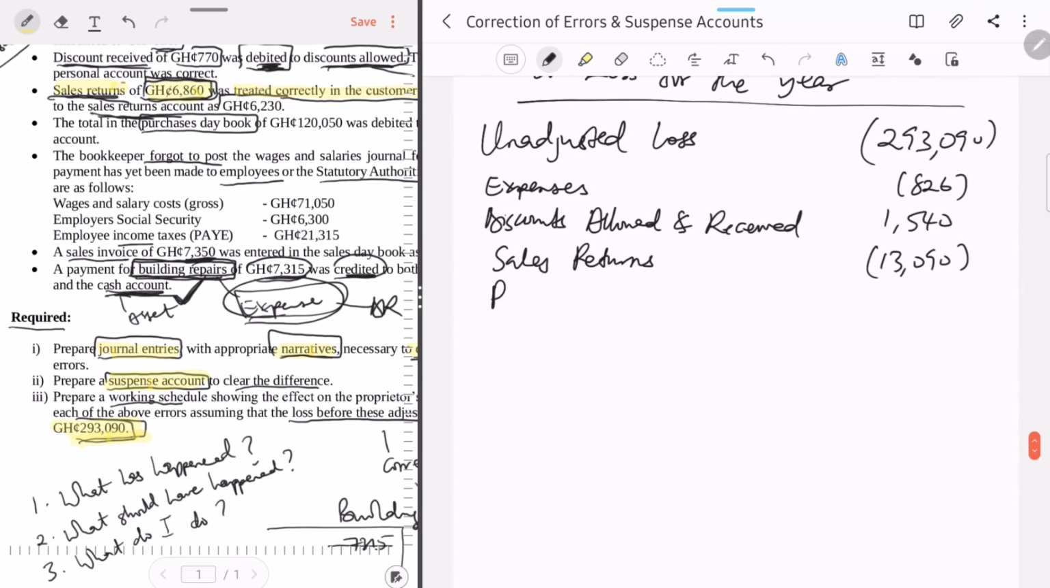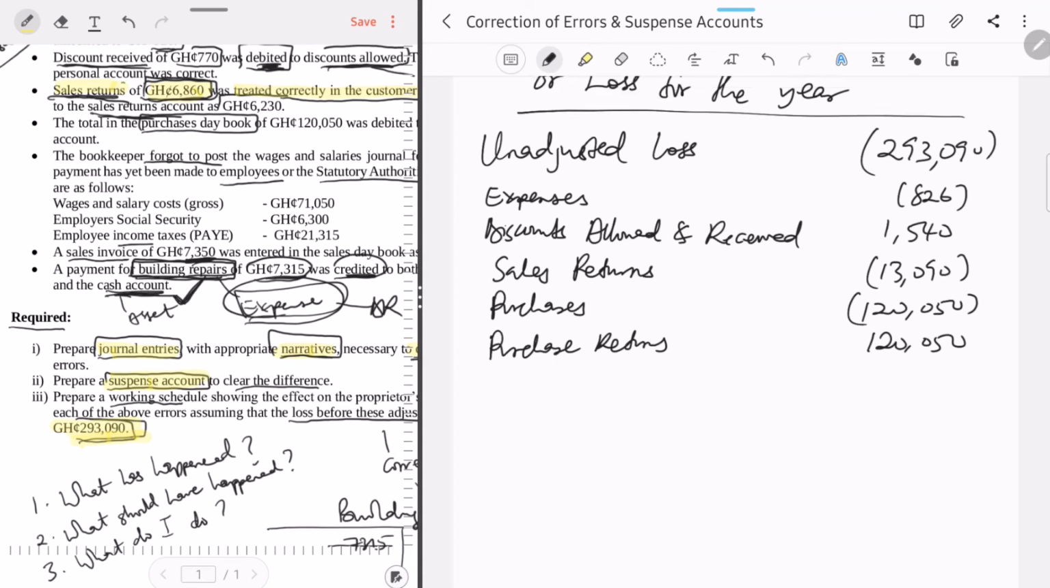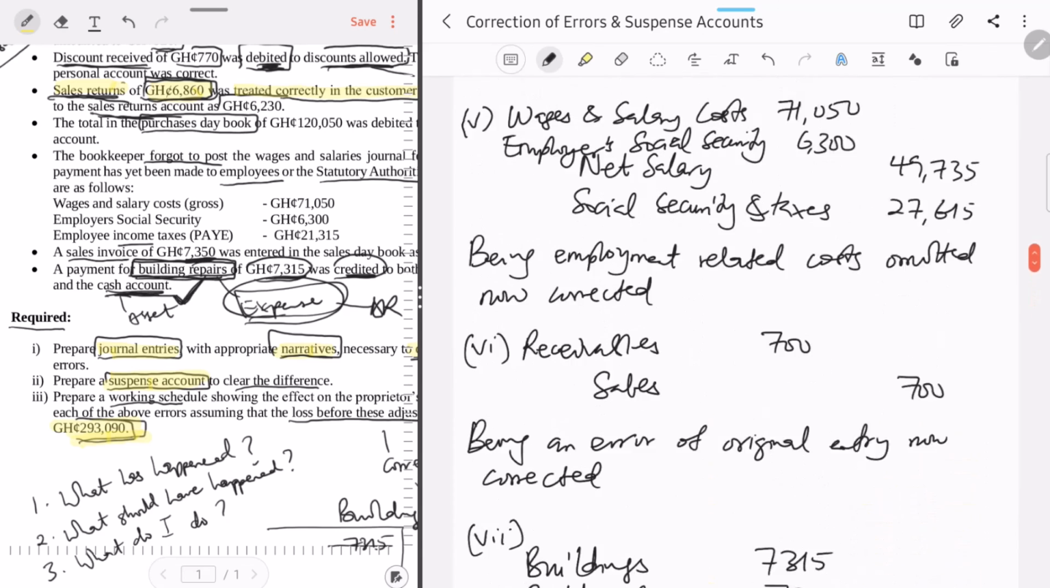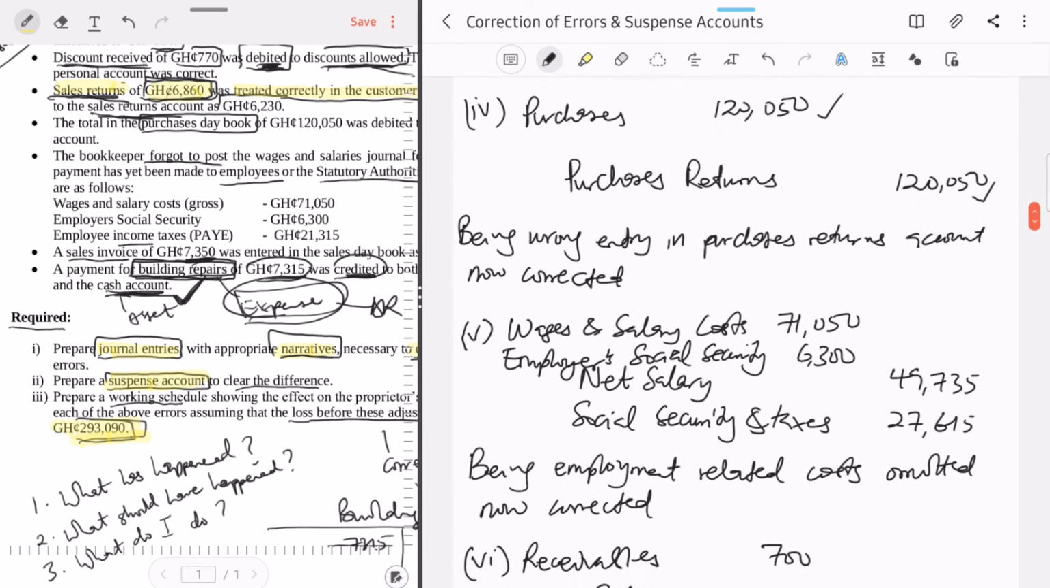So purchases will be debited, so I deduct 120,050. Then purchase returns will be credited, so I add 120,050. Like I said, the effect will be 0, so you could have left this, but it's not a big deal. The next is these ones over here. Now here,